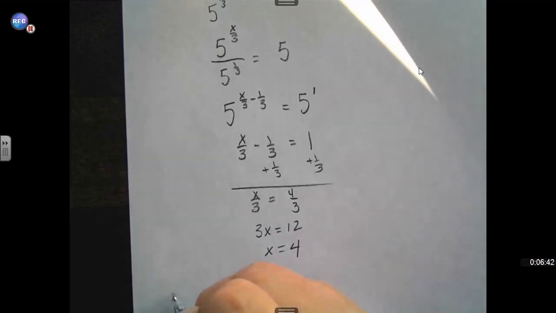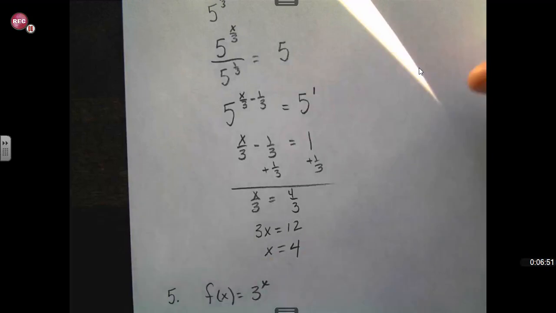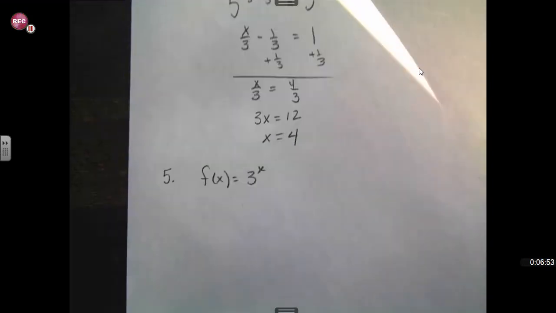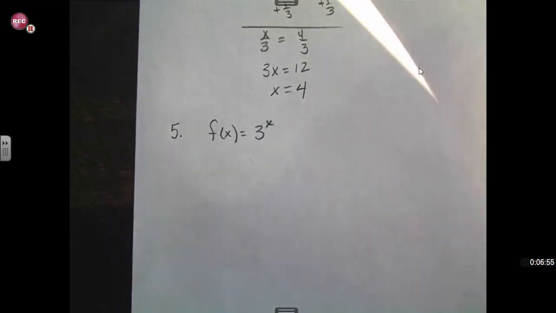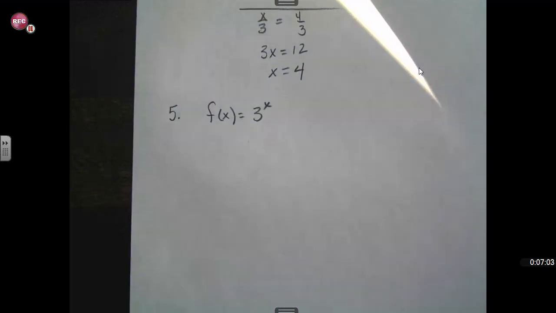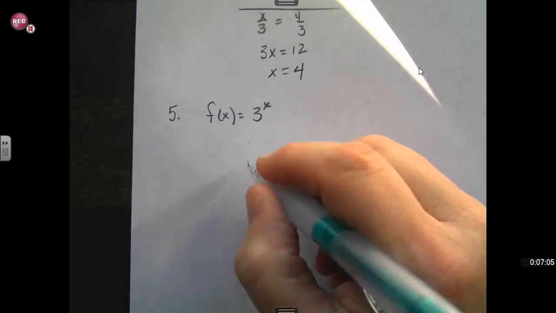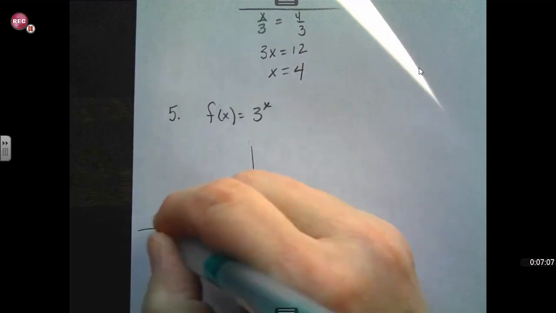Number 5, we have f of x equals 3 to the x. And I don't know if you've noticed, but I try to keep those as 2 or 3 because once we get up to 4 to the x, the exponents get large fast. It makes it a little bit more difficult to graph. So to graph this,